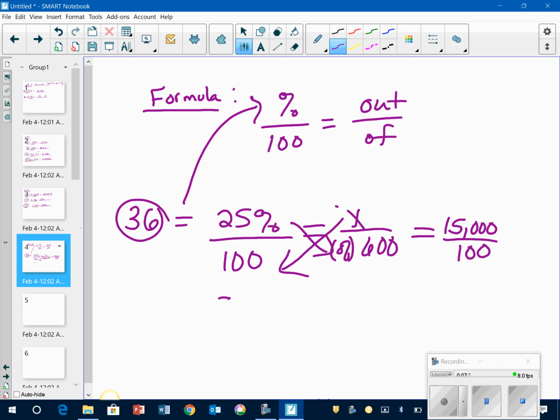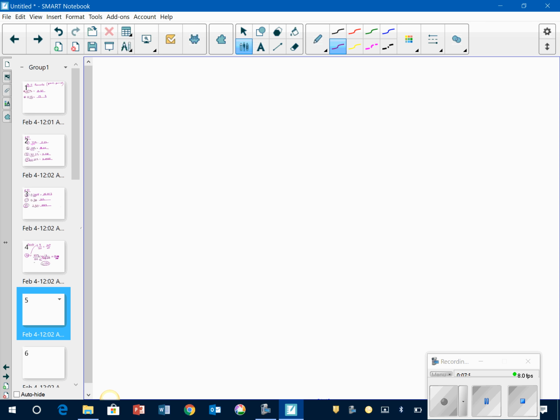Okay, so then you have 2 zeros here and 2 zeros here, so you can mark those off. And then you have 150 over 1. So your answer is 150. Again, I will do that again. Just memorize this formula, percent, and you put out over of. Okay, so number 37